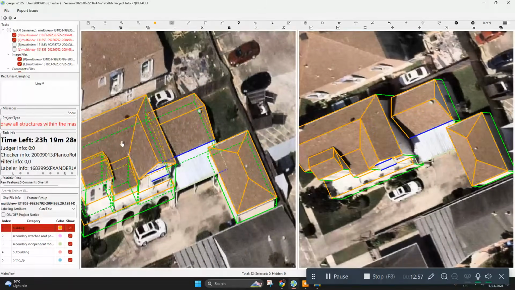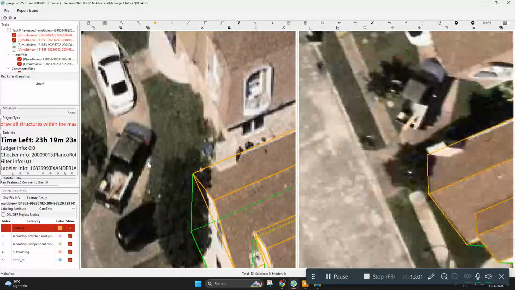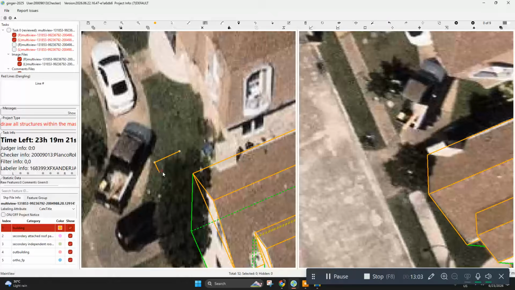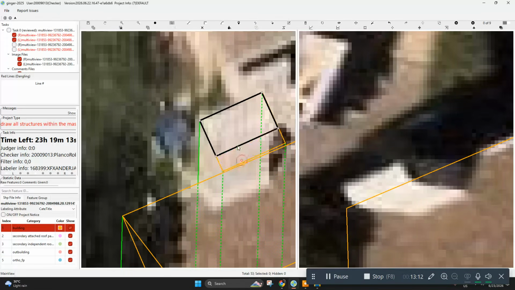Oh, dang, I forgot the chimney. So for the chimneys again, draw outside, drag the wall. You can just adjust later, like so. And let's proceed to matching.